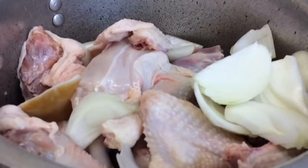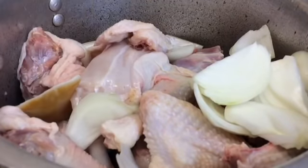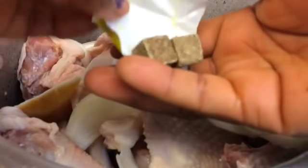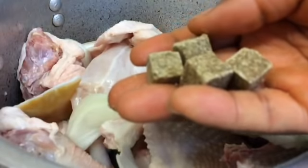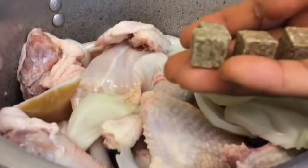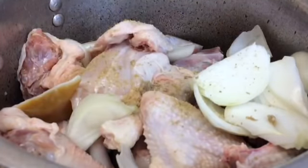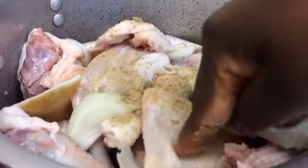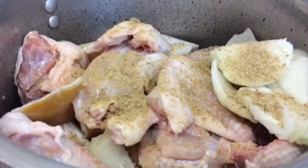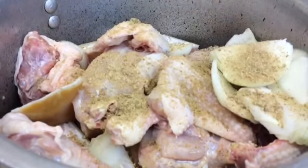And I'm going to add this seasoning cube. I'm going to add 2. And guys, see, 2, because each of the packets comes with 2 like this. So this is the 2 I'm going to use. And this is 1 chicken broiler and 1 cow foot. If you are using maybe 2 chickens, you still need the 2 Maggi because you don't want